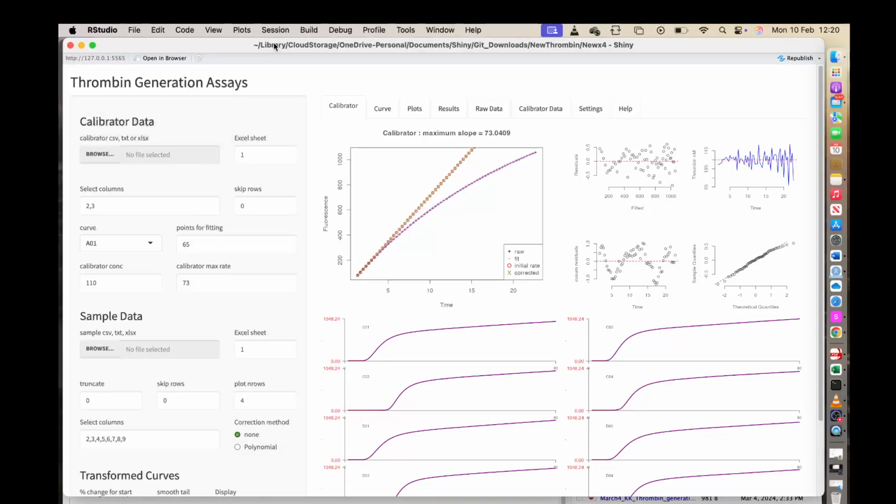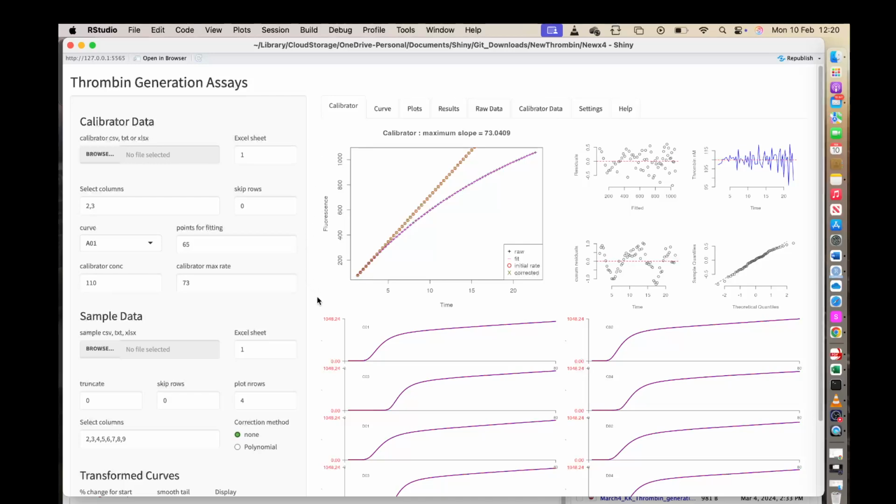This app is for analyzing data from fluorescent assays that continuously measure thrombin generation in the presence of a fluorogenic substrate. There are several commercial systems for performing these assays and analyzing data, for example the Thrombin. It is also possible to use this app to analyze data from similar continuous assay systems, for example plasmin generation. When the app launches, a set of data from a thrombin generation experiment is loaded, which can be used to